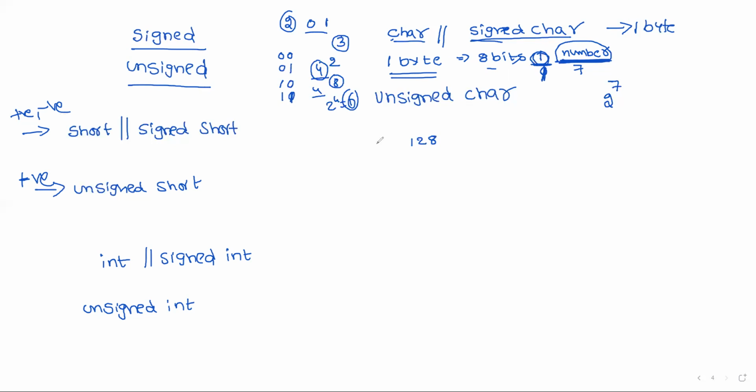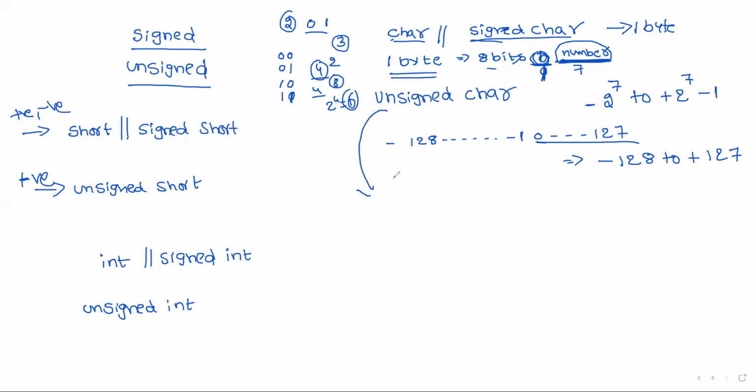It depends on the sign bit. If it is a negative number, it can store from minus 128 to minus 1. If the number is a positive number, 0 to 127 only. Why am I starting from 0? Generally 0 is considered a positive number. So 0 to 127 in the sense a total of 128. Now what is the range? Minus 2 power 7 to plus 2 power 7 minus 1. Simply the range is minus 128 to plus 127. This is the way to calculate the range.